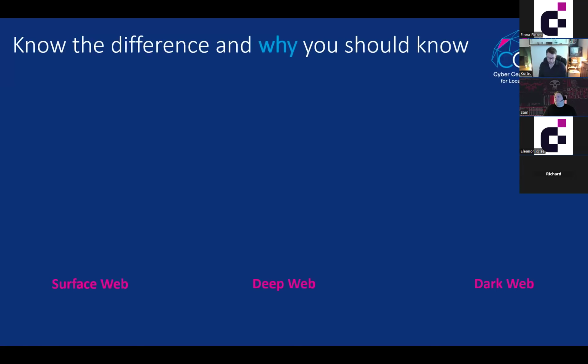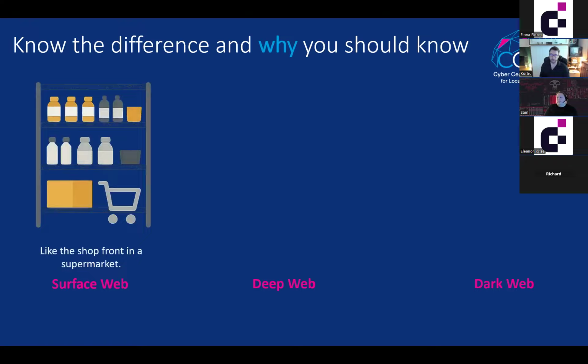Now, here's the difference between the dark web and why you should know it. So I'm just going to go through a bit of an analogy, and I use the supermarket analogy because it's easy for everyone to be able to relate to. So the surface web is effectively like walking into a supermarket and everything is organized by aisle. You would expect to find an apple in the fruit section. You would expect to find a frozen pizza in the freezers. You know where it's going to be because it's categorized on your behalf when you go in.